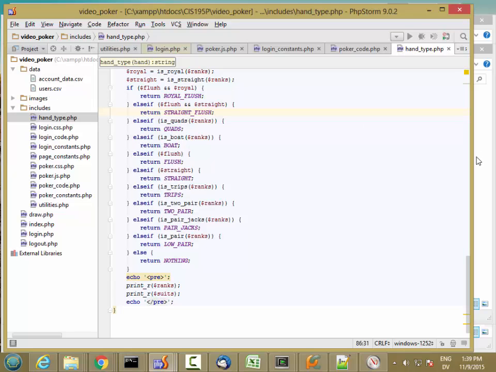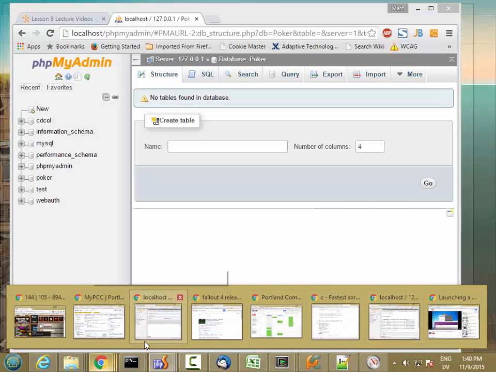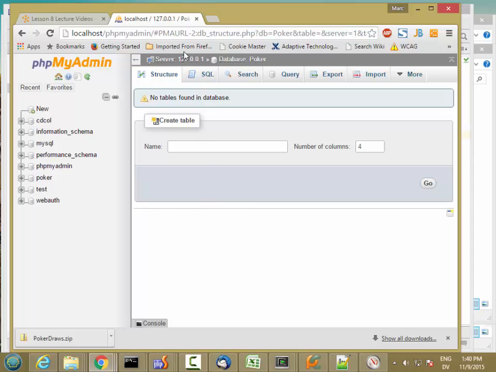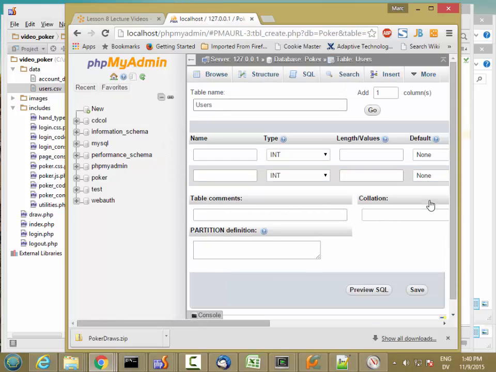So for users, we have a username field and a password hash field. And this is, I think, about 60 characters or so, but we'll go ahead and make it bigger than that just in case. And I'm going to go back to phpMyAdmin. The first name is going to be users, and it's going to have 2 columns. And the first column is going to be username,